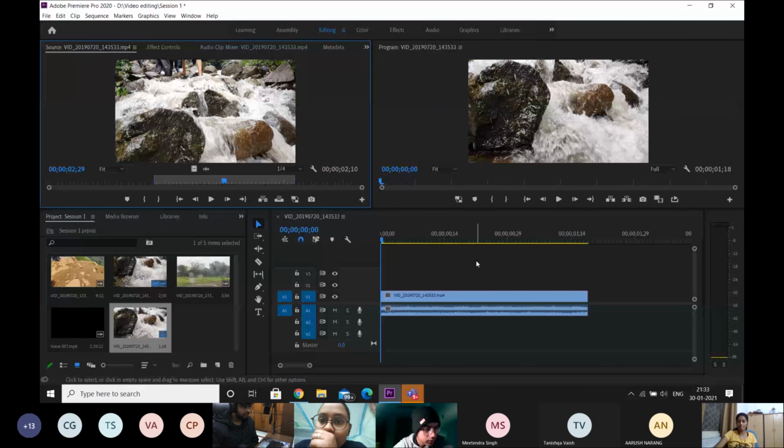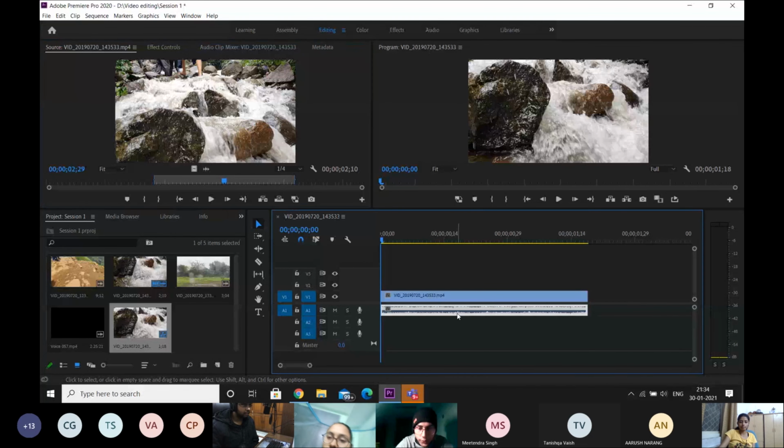Is the audio part in the timeline like a DAW, a digital audio workstation, or is it different? No, no. It depends on whatever format you've shot it in. If it's an MP3 file, then an MP3 file gets inserted. DAW is basically raw for audio, right? Because I don't do a lot of audio editing. No, it's just a normal MP3 audio, not like audio editing software.